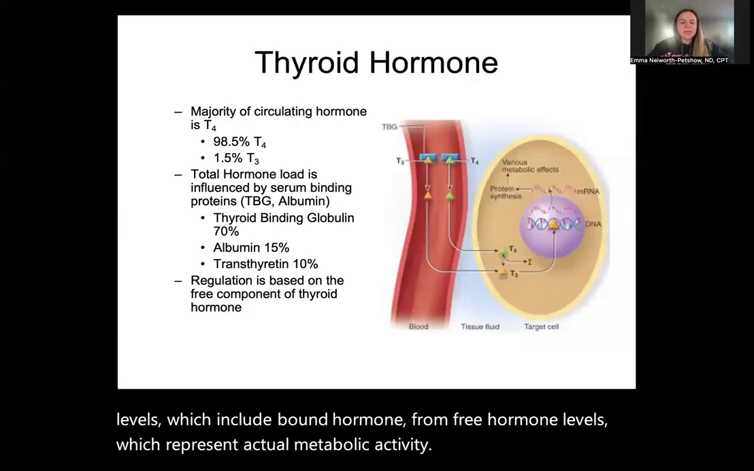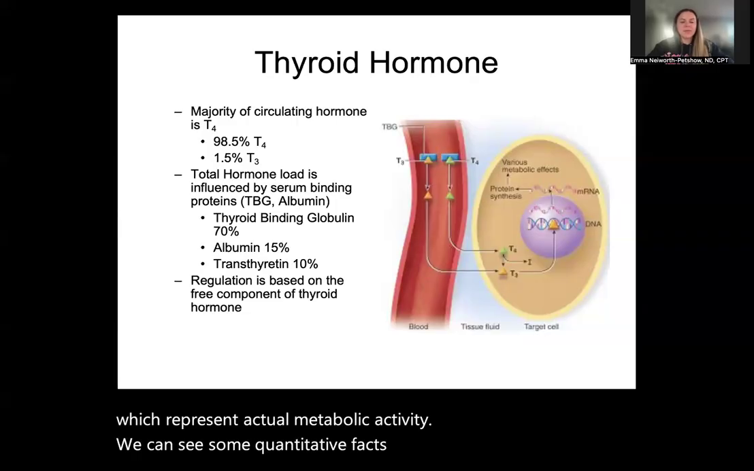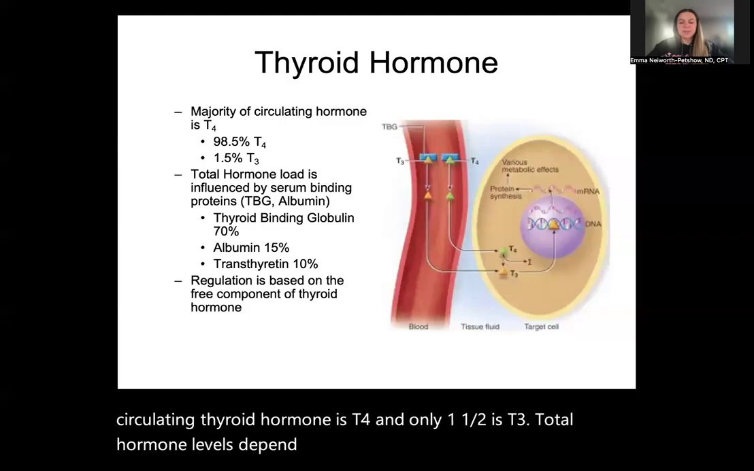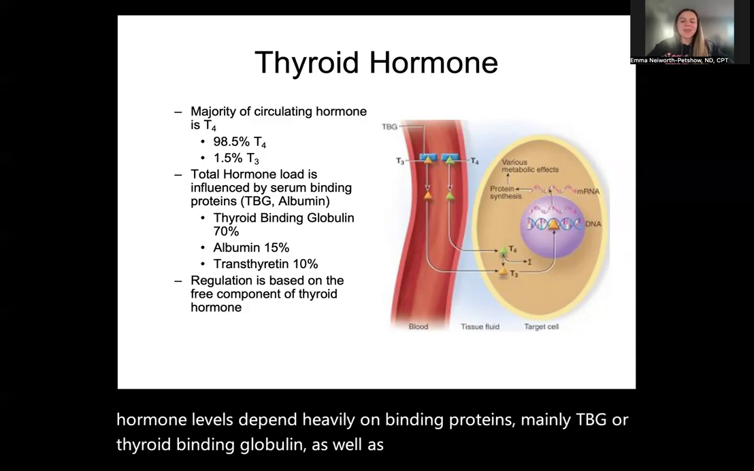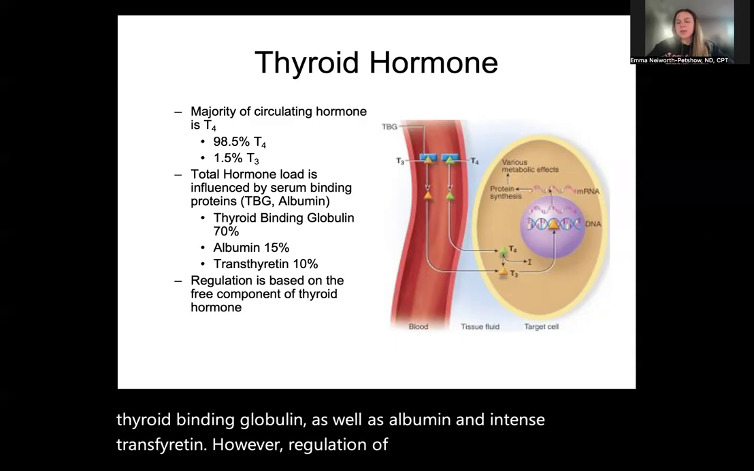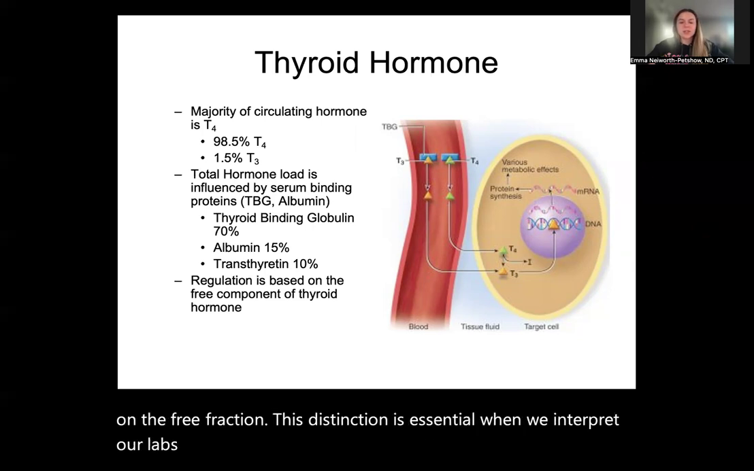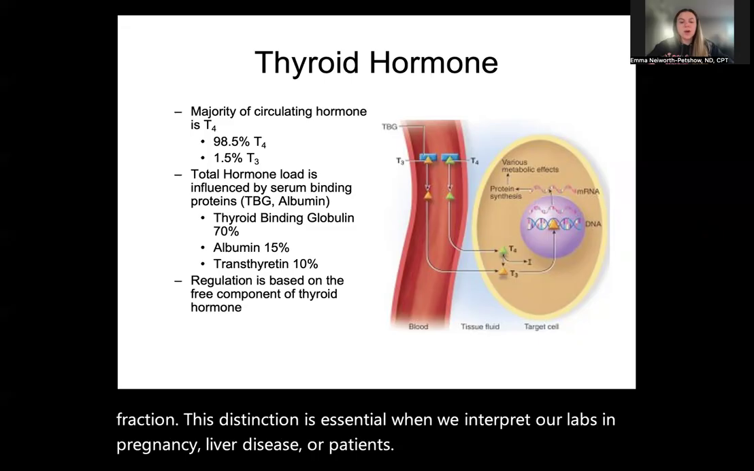We can see some quantitative facts here. About 98.5% of circulating thyroid hormone is T4, and only 1.5% is T3. Total hormone levels depend heavily on binding proteins, mainly TBG, or thyroid binding globulin, as well as albumin and then transthyretin. However, regulation of the thyroid axis depends solely on the free fraction. This distinction is essential when we interpret our labs in pregnancy, liver disease, or patients taking exogenous hormones or medications